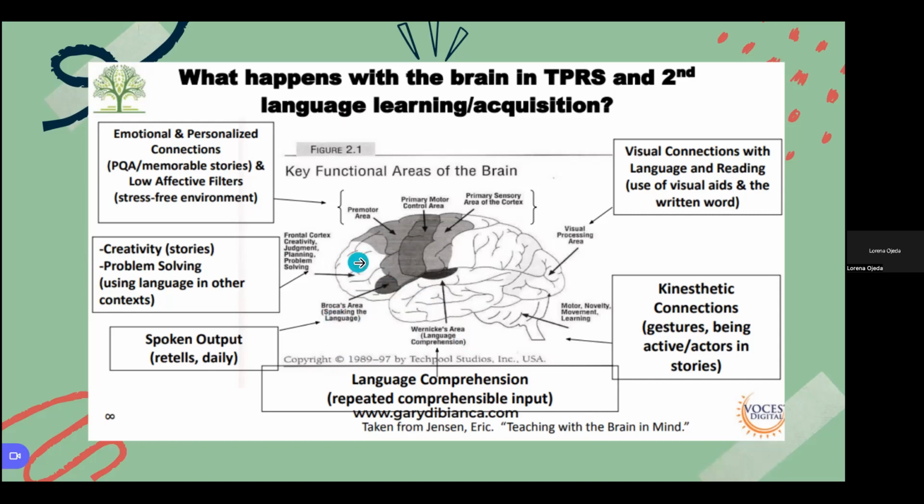And what happens when we have to retell or write captions or take pictures of the captions of the story from our perspective, from how we look at it or from how we imagine it? We activate our creativity and we activate the frontal cortex of our brain. And finally, when we establish those emotional and personalized connections by doing that with our PQAs, we lower the affective filter and our students can learn in a stress-free environment. So the premotor area of our brain activates,